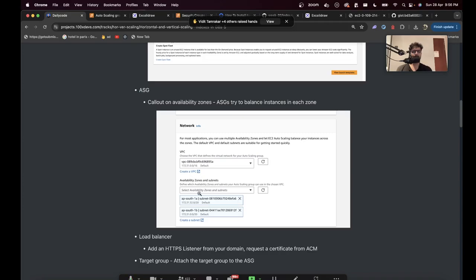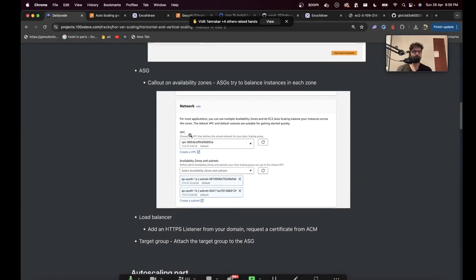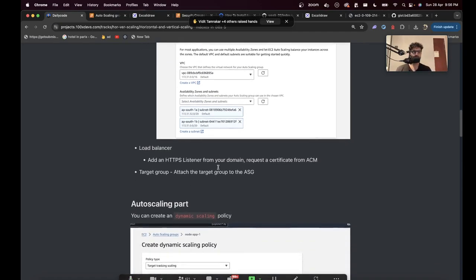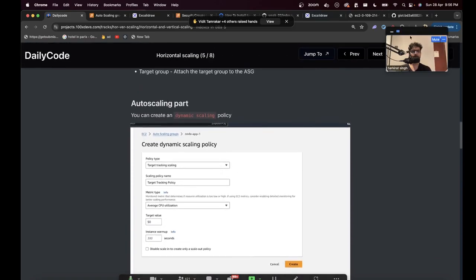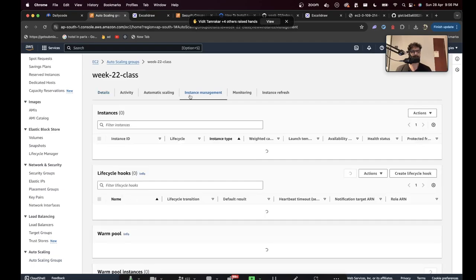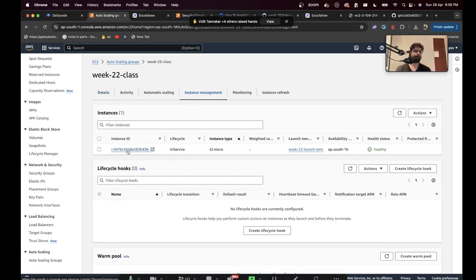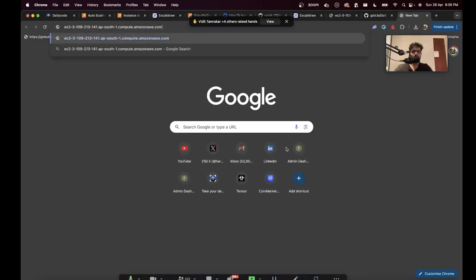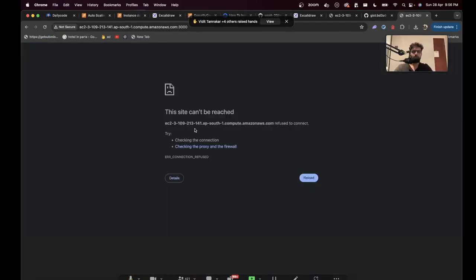When we were creating it, we selected a few things, specifically attached the launch template that we had, created a new load balancer, and created a new target group. And lastly, the auto scaling group was created. If I open the auto scaling group now and see instances, you will see there is one instance that is currently running. If I go to this instance, copy the URL and try to hit URL:3000,